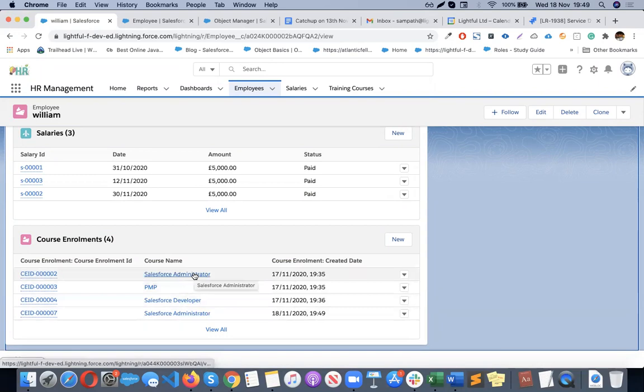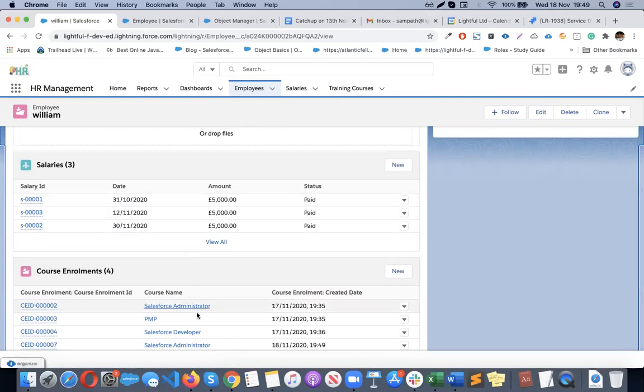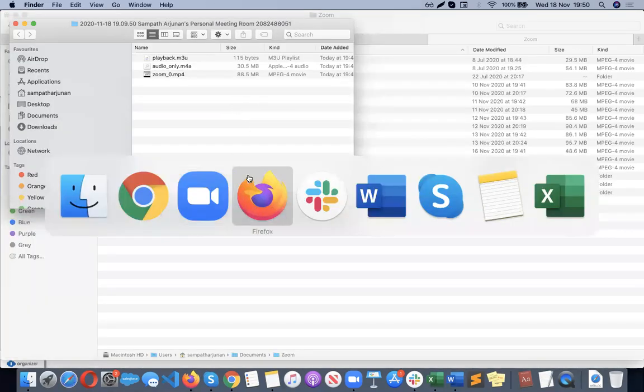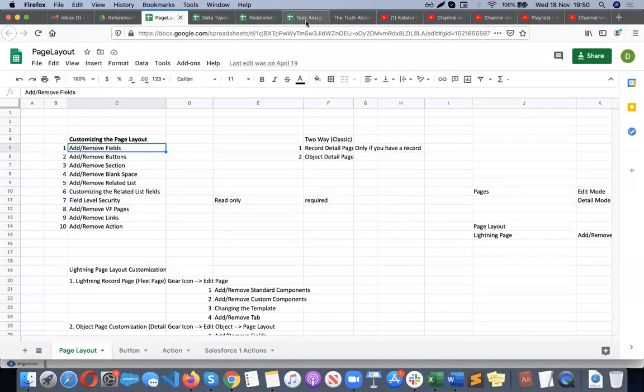These are basically all system errors. The system will allow you to do it, but users can go and create it without knowing what they're doing. Sometimes they will create it. But how do we avoid all this? So consider these two as homework. Try to create a validation rule to avoid this. How do we avoid duplicate entries on salaries and on course enrollment? I will put the task over here.